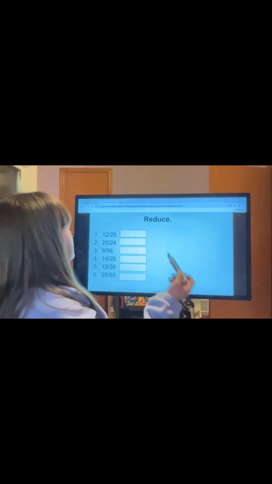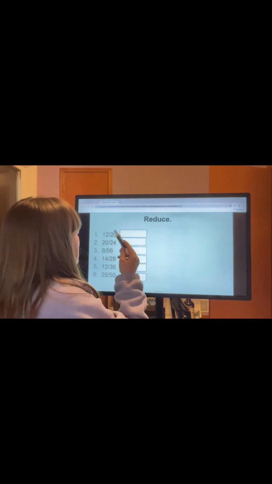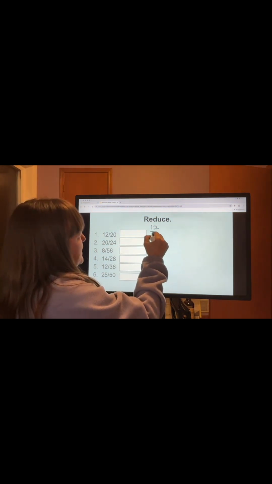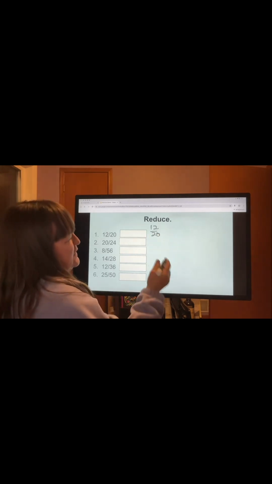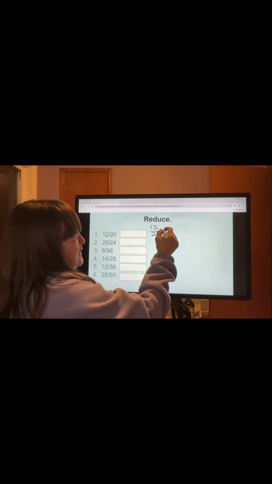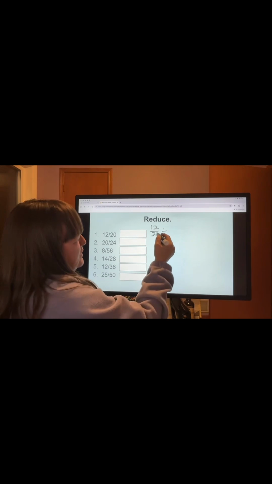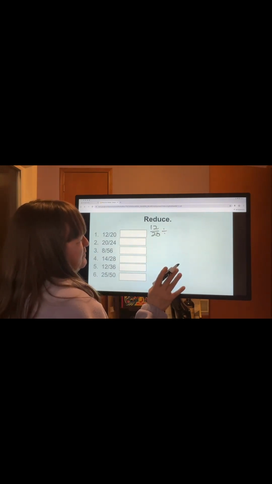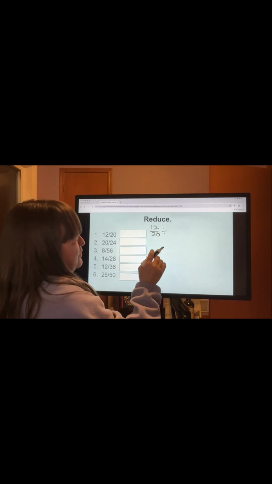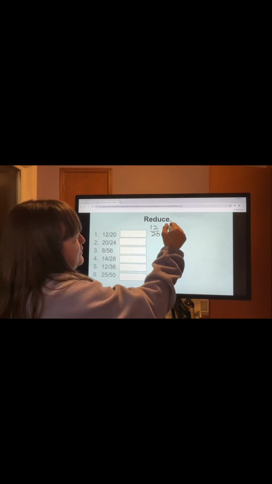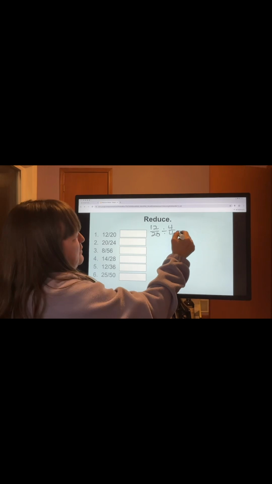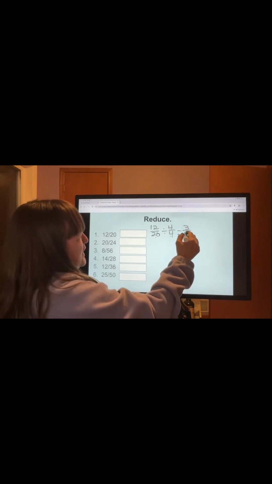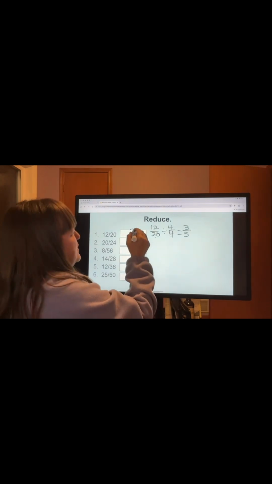Okay, we're almost done. We got one more slide after this, I think. It says to reduce 12 over 20. It doesn't give you the numbers again, so you have to look at these. So, like I said, I'm looking at the numerator and the denominator. They're both even numbers, so I know 2 goes into both of them. 3 does not go into both of them. 4 goes into both of them, so let's try 4. 4 goes into 12 3 times. 4 goes into 20 5 times. Those are both prime numbers, 3/5,